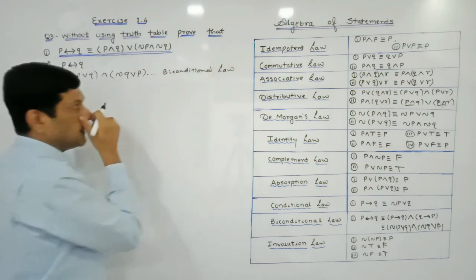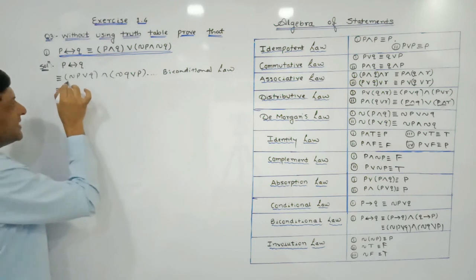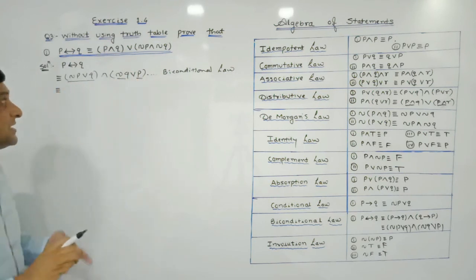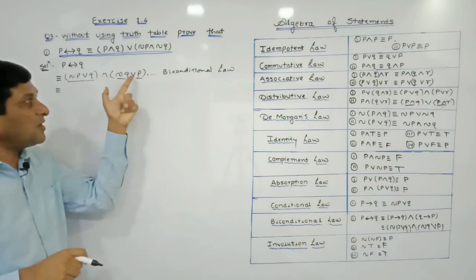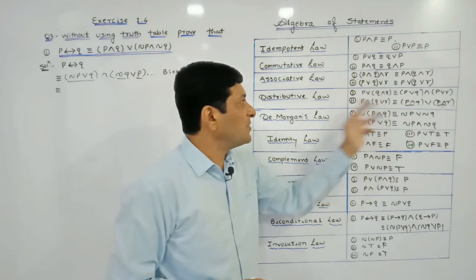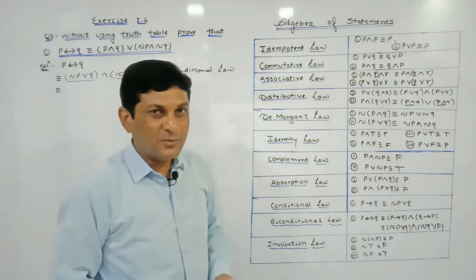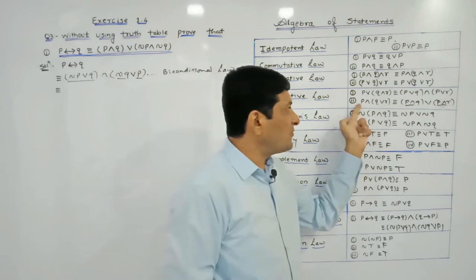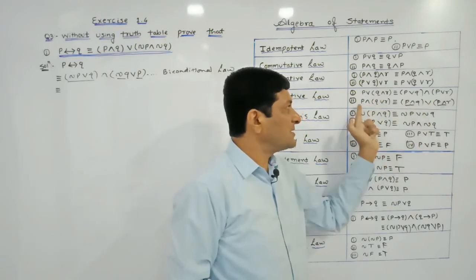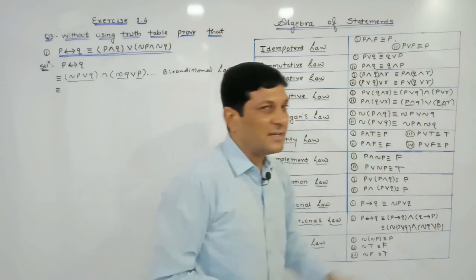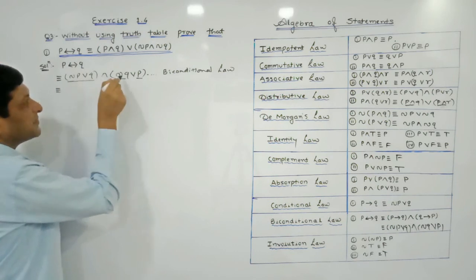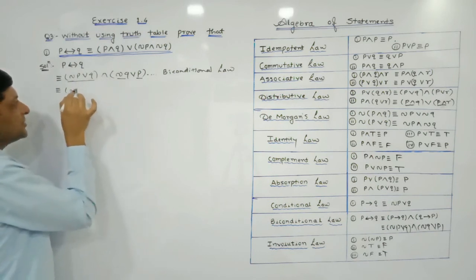Biconditional law. Now consider this as one letter, this as second letter, and this as third letter. Here first and appears and then or appears. If first and then or appears, we are able to apply the distributive law. According to the distributive law, first take the and of P with the first letter Q, or keep it as it is, then take the and of P with the second letter R. So here first take the and of this statement with the first statement, negation P or Q.